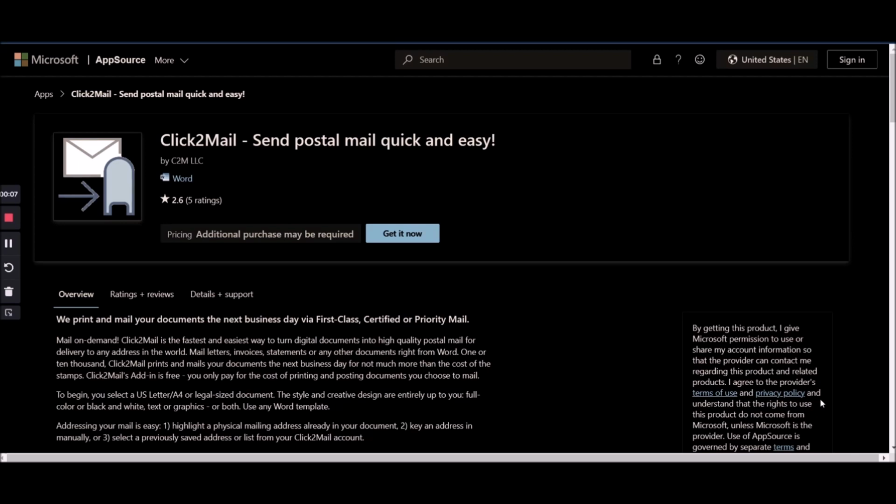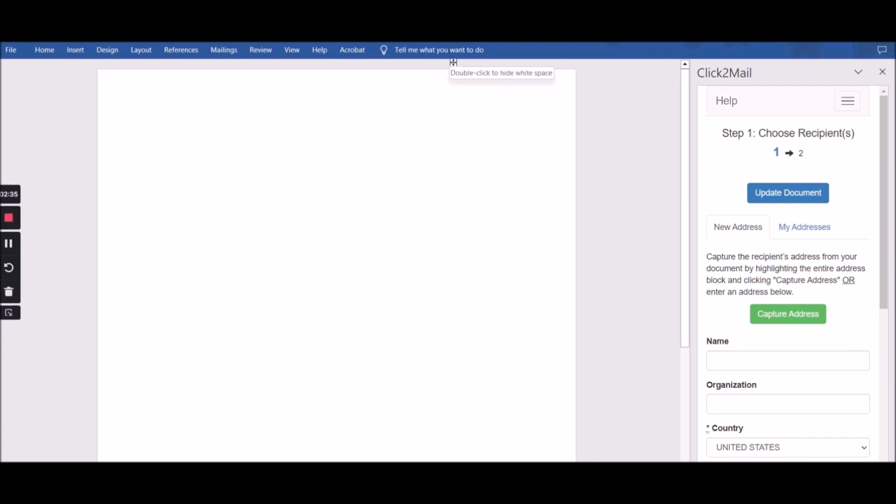So what you want to do is go to the URL that'll be in the description and install the Microsoft Word add-on called Click to Mail. I'll put the link in the description, but here's the page to download it from. So once you have the